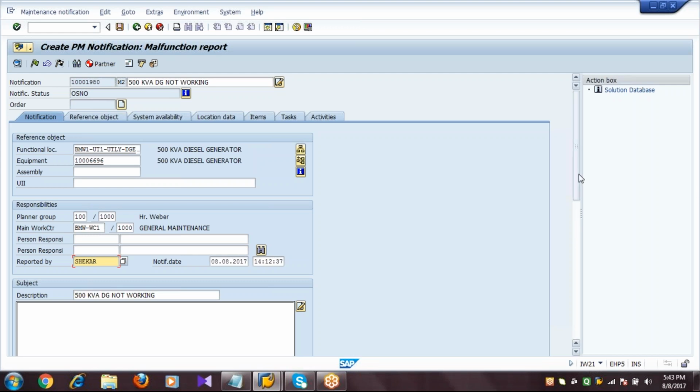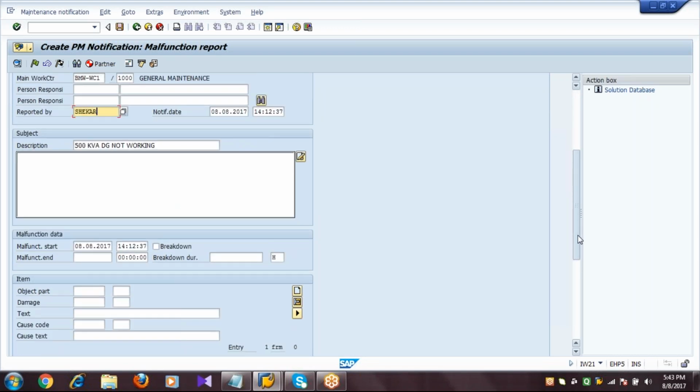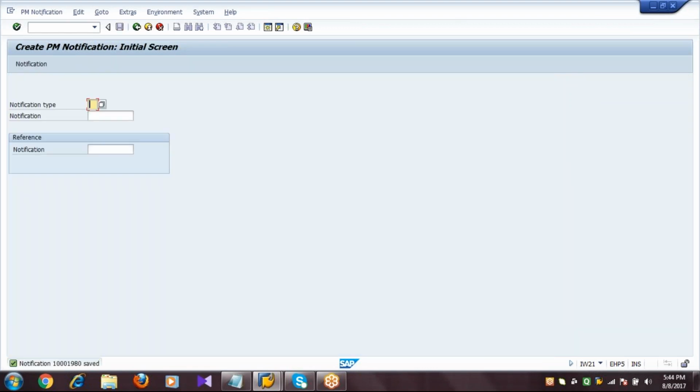Now in the same notification tab, come down, and in the malfunction data there is an indicator called breakdown. Activate the indicator breakdown and save the notification. So this notification is created by the production department. Once the notification is created, we need to process it. To process the notification, go to the transaction code IW22, change notification,